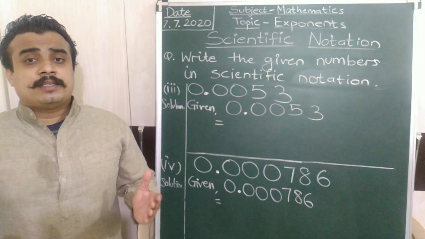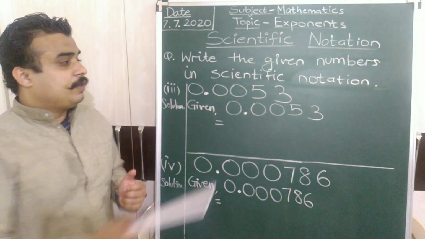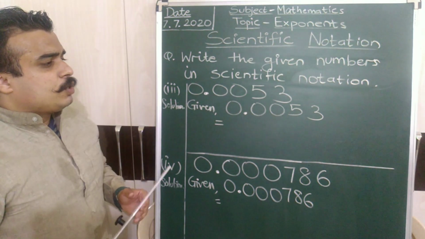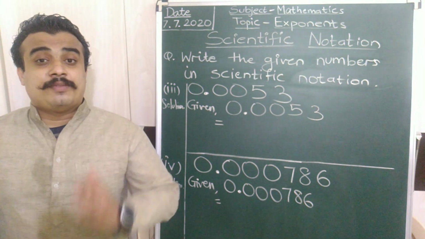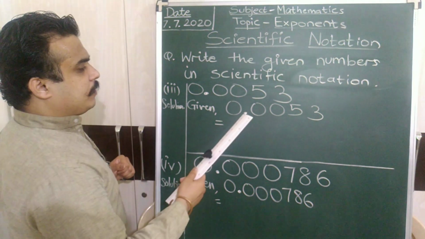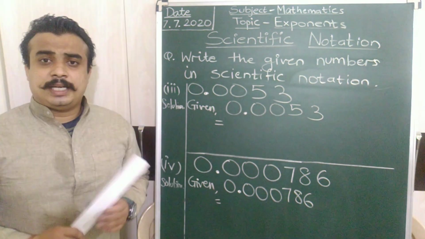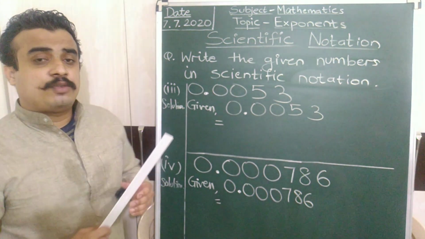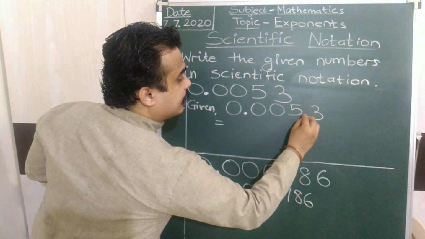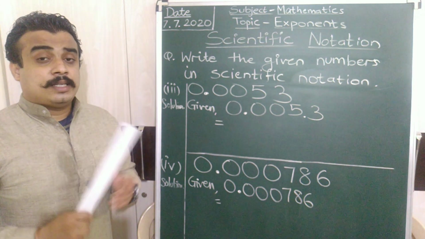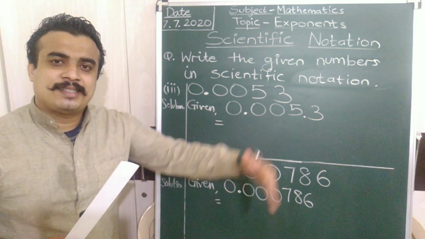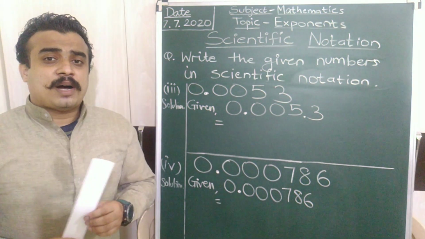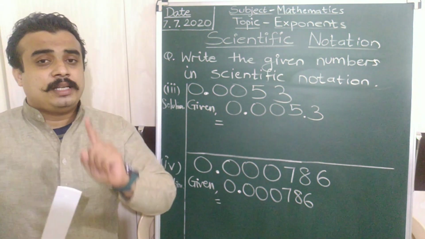So we have to write a scientific notation for the given standard form. Now let's see how to solve it. So the first thing we do, we see where is the point. Here we can see that there is a point. Okay, it is already given in the number. So this point we have to shift between 5 and 3. Okay, so that means we have to move towards right side. That means the exponent will be negative.